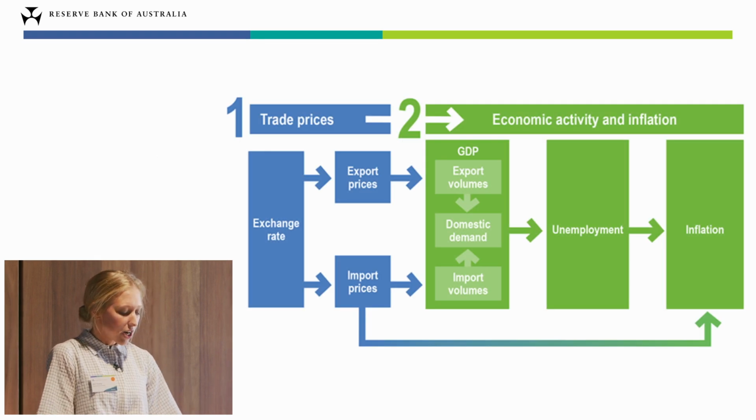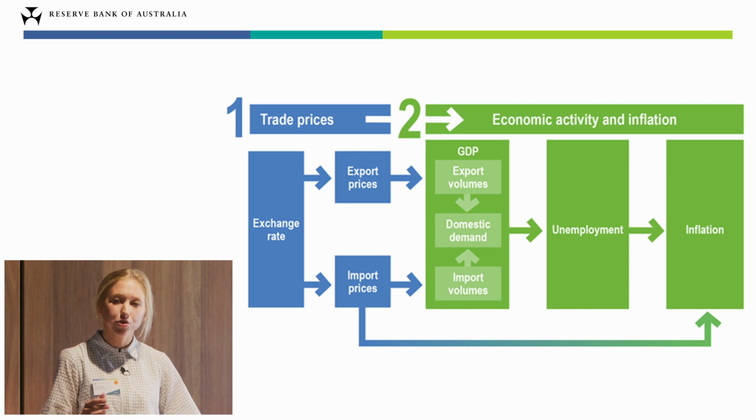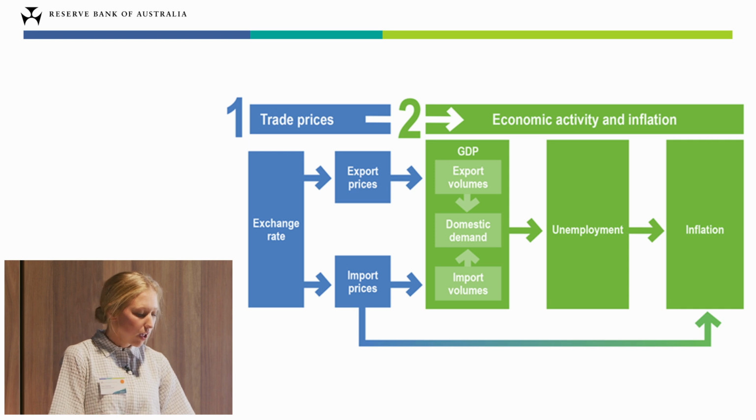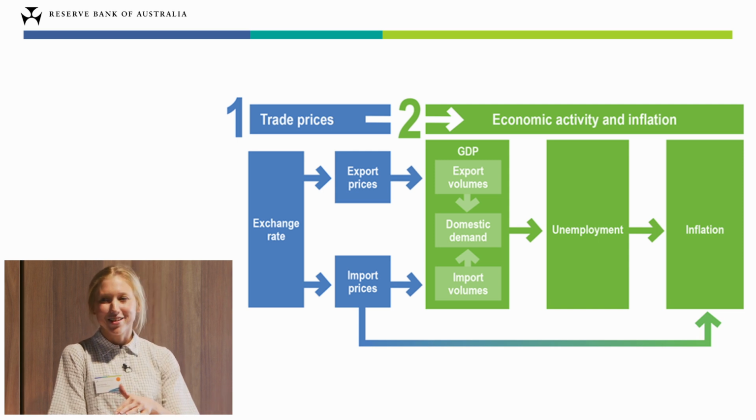So we tend to think about the exchange rate affecting economic activity and inflation in terms of direct and indirect effects. When the exchange rate moves, there is a direct effect on the prices of goods and services produced in Australia relative to the rest of the world. An appreciation of the Australian dollar means that Australian produced goods and services become more expensive than those produced overseas for people living offshore. And the opposite is true for a depreciation. The indirect effects then follow on from these direct effects.